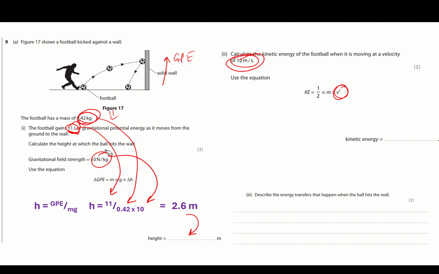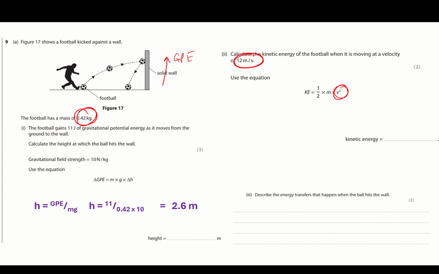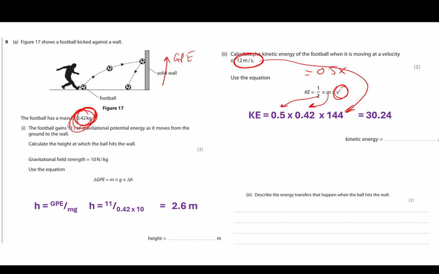second. So if I just go and rub all of this stuff out, I'm going to need to know the velocity is 12, and I'm going to need to know that mass. And in my calculator, I'll use 0.5 times the mass times the velocity squared. So KE equals 0.5 times the mass of the football, 0.42 times 12 squared, 144, equals